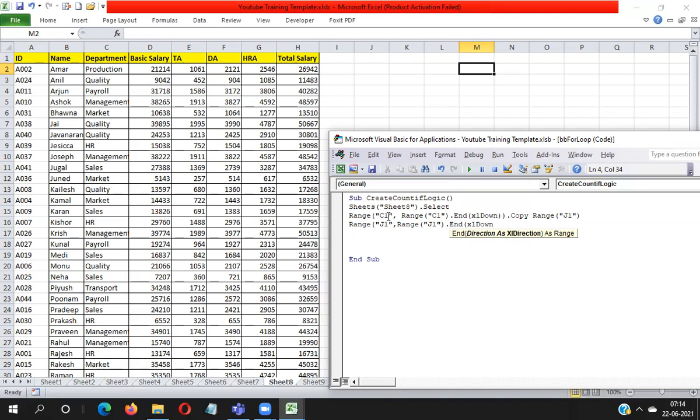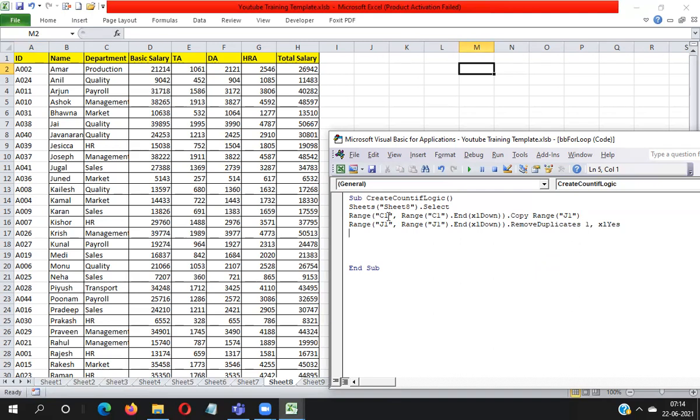Then it will select and Remove Duplicates. I need to remove duplicates from only a single column, meaning the J column, so you can take any one.